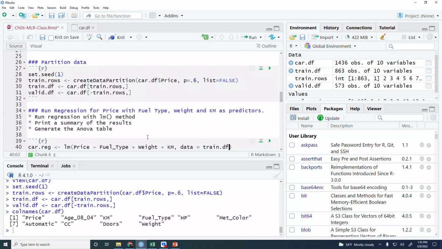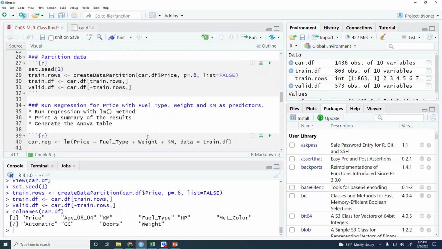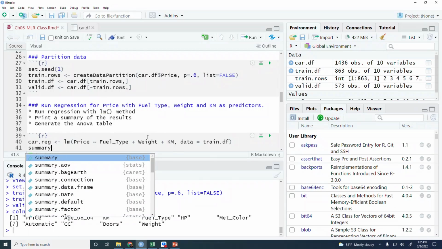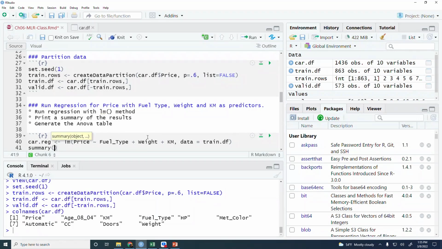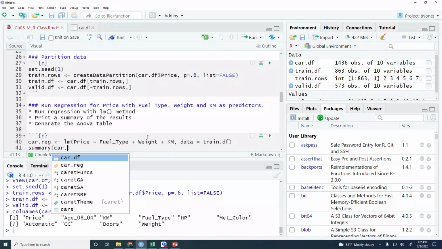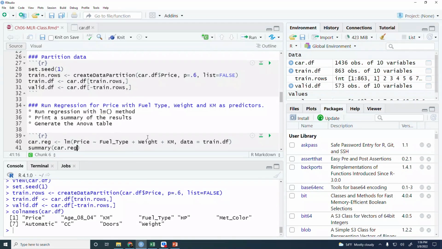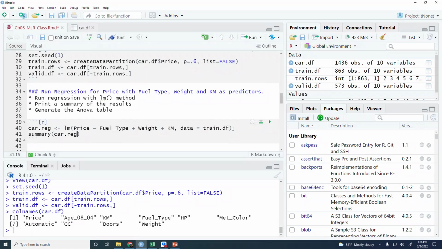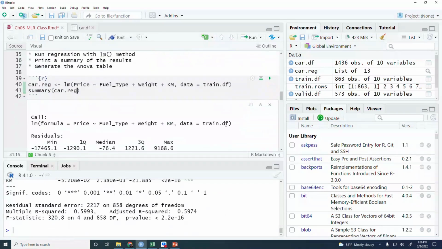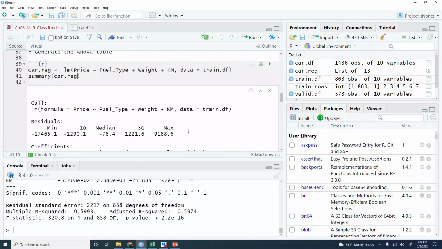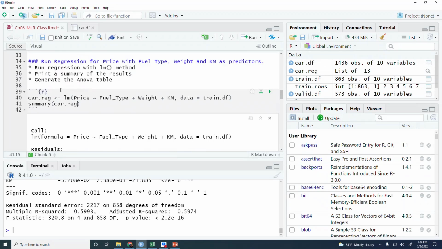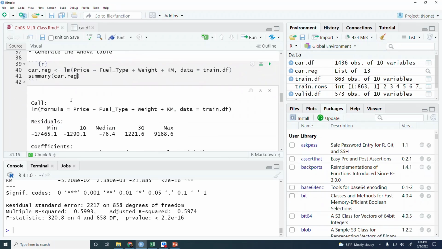And then we can type summary of car.reg. That runs the regression with those 3.